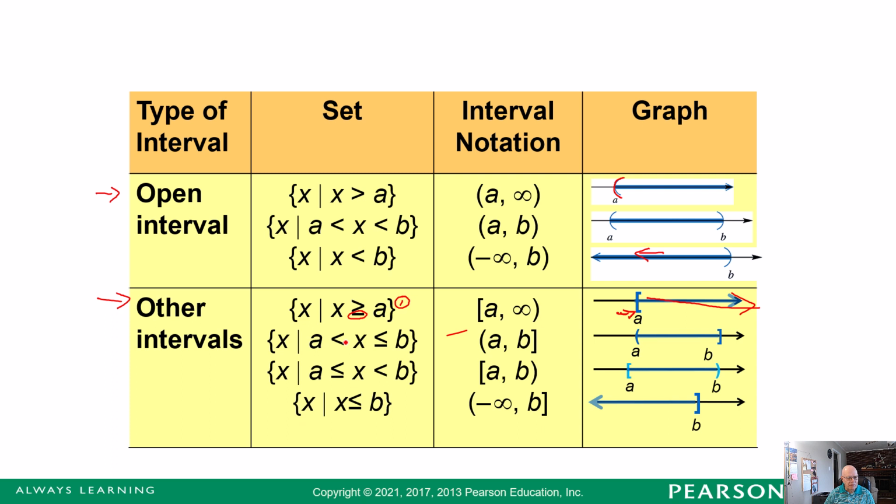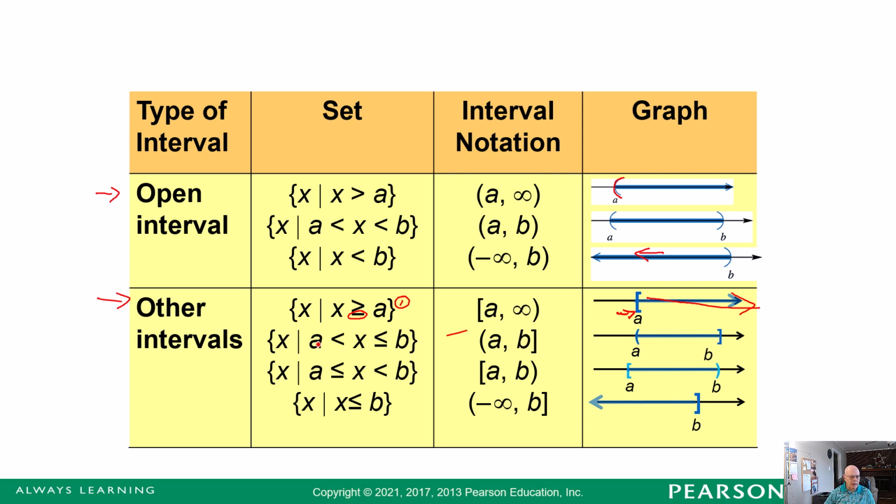Next one, what if we've got a split? Partially strict inequality, partially not. It goes from a to b. A is not included because there's no equals here. So there's a parenthesis at a saying a is not there, but everything next to the right is. And stop at b. And because there's an equals here, you'll stop at b and include it using the